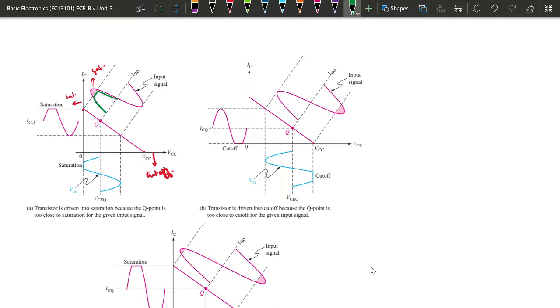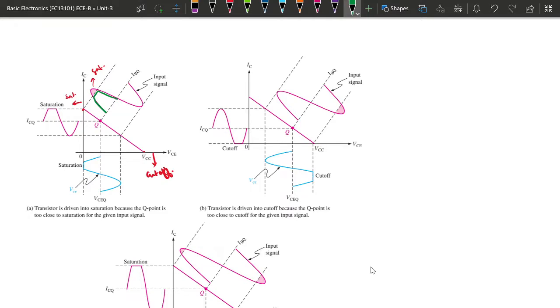Okay, that means saturation means the current, whatever the saturation current that is there, is going to be fixed. So with respect to that, the output that we will be getting is a constant output. Okay, so this was the case of saturation, where the output positive side is clipped off.